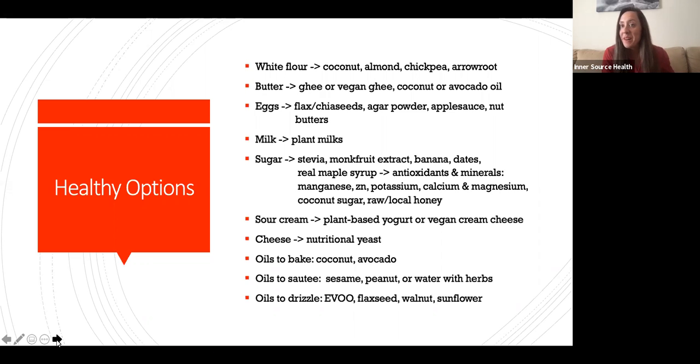Milk, right, with dairy. So really easy to replace milk. People are really familiar with this now. So all the nut milks, all the plant milks out there. Again, I think oat milk is really creamy. Read the labels, make sure there's no added sugar in it. I love the unsweetened